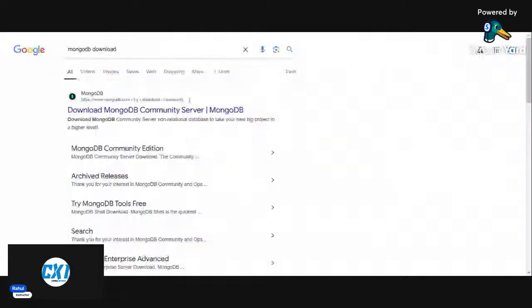Okay, and search for MongoDB download. And here is the very first website. You can see download MongoDB community server. So just click on it,